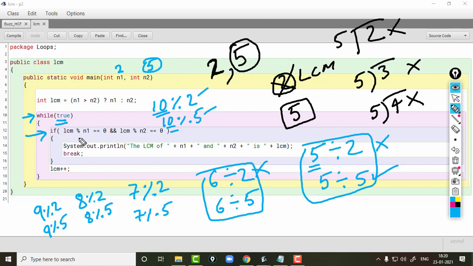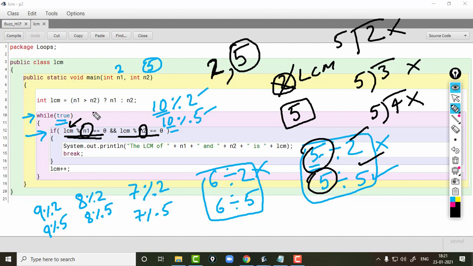After the assumption, the first thing we did is check whether that assumption is divisible by both 2 and 5. So LCM modulus N1 should be 0 and LCM modulus N2 also should be 0 for our assumption to be true.